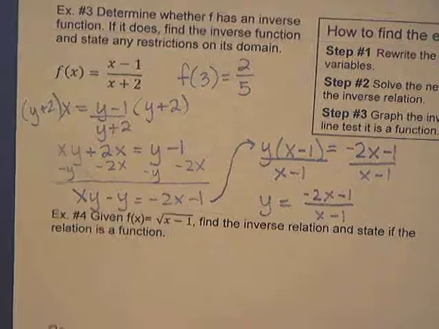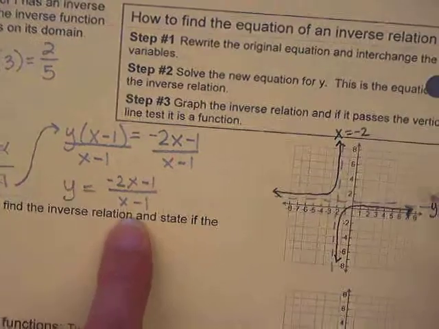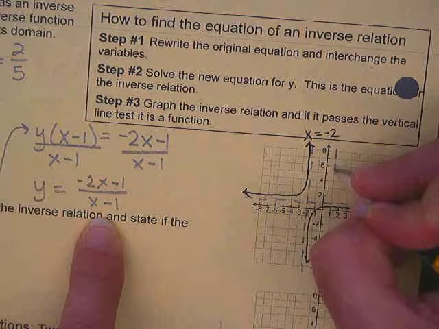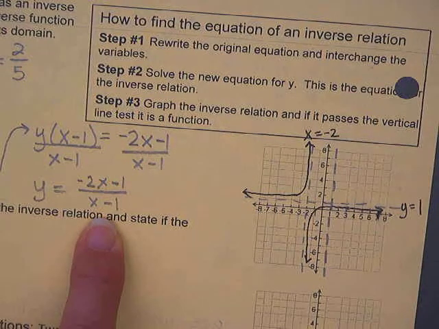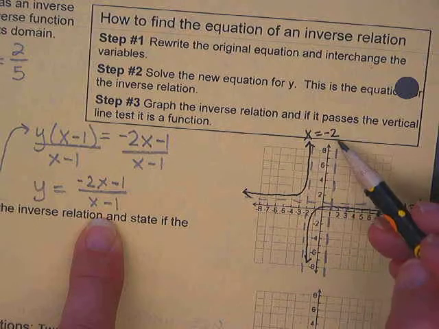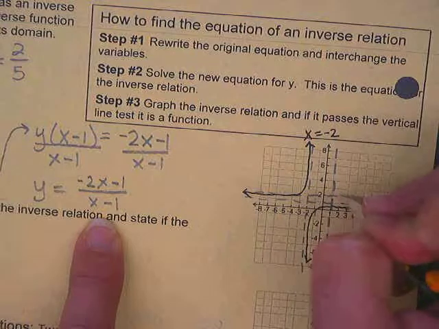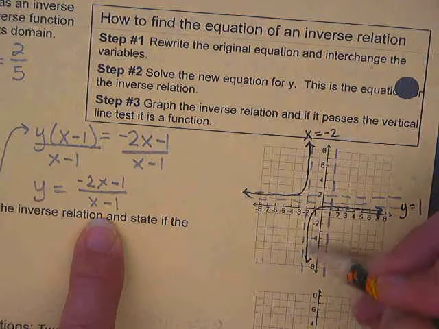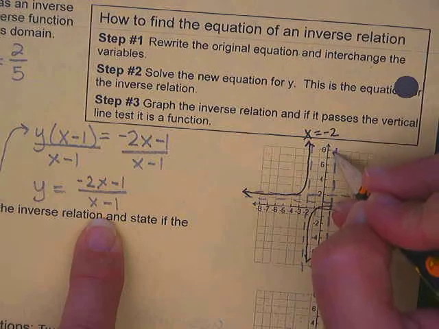I can tell that this function would have a vertical asymptote at 1, which makes sense because my last function had a horizontal asymptote at 1. So I'll draw the vertical asymptote. I also know that because the original had a vertical asymptote at x equals negative 2, my inverse relationship will have a horizontal asymptote at y equals negative 2. And flipping this function over the line y equals x in my head, I can see that this new function